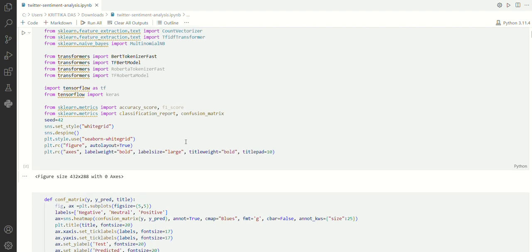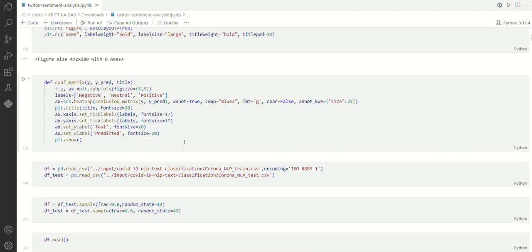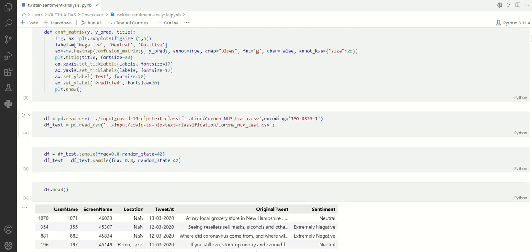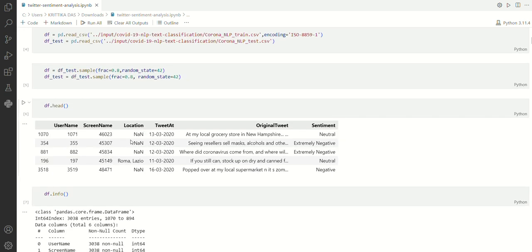So moving on, here we have defined the confusion matrix for each of the particular models, and after training the models we've done an ensemble of all these classifiers, and we've come to the conclusion that random forest outperforms them and performs the best. So here we have loaded the CSV files within the data frame,